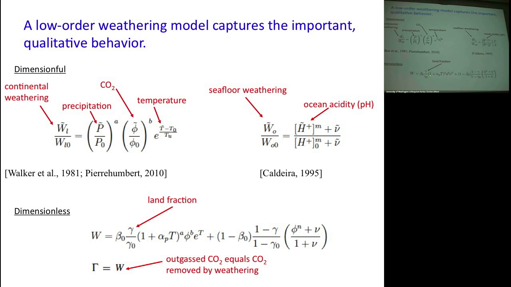And this data zero term, it says if you put all of your parameters at their standard value, this goes to 1, this goes to 1. If land fraction is equal to the value on current Earth, this goes to 1, this goes to 1. And beta 0 is your estimate for how much seafloor weathering happens as a fraction of the total weathering on current Earth. Our best estimate is that it's about 25% of total weathering on current Earth. But there's an uncertainty of probably roughly 100% in that. So it's probably between 0 and 50%.